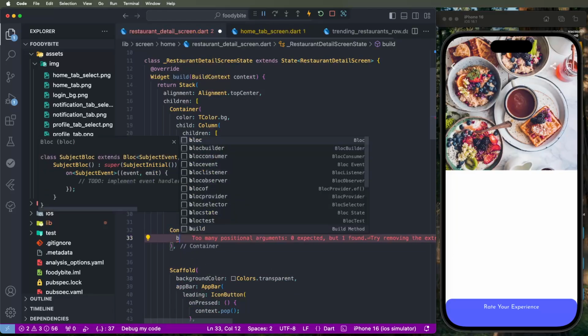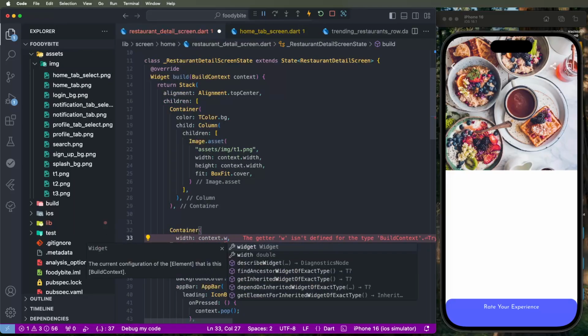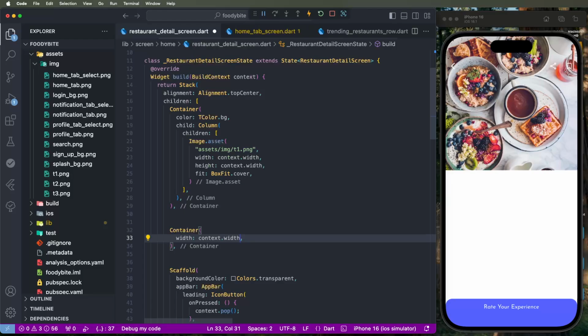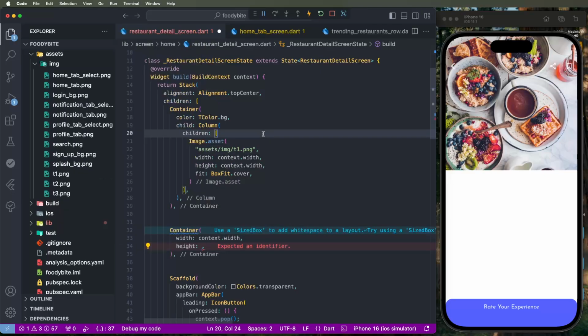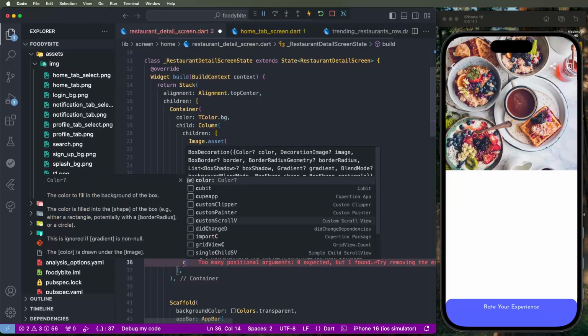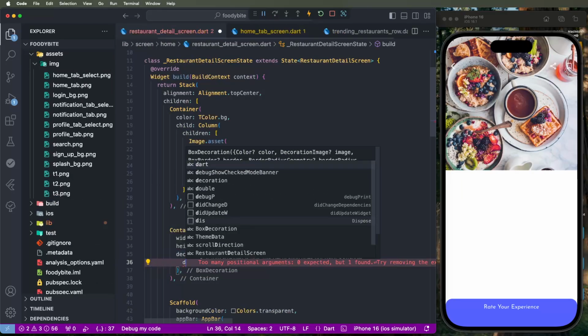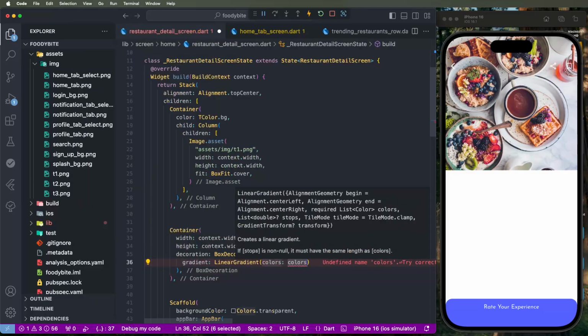Now we need to create the width and height, so we need to provide the context dot width and give the heights. We need to set the value of these heights for these images. Need to configure the height. Create the box decoration, and we need to set the gradient colors and set the linear gradient,